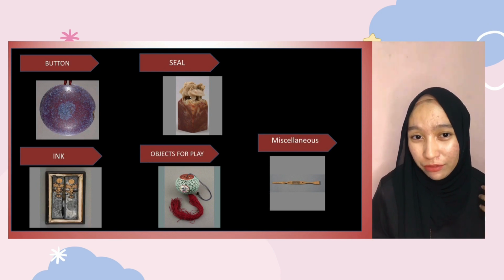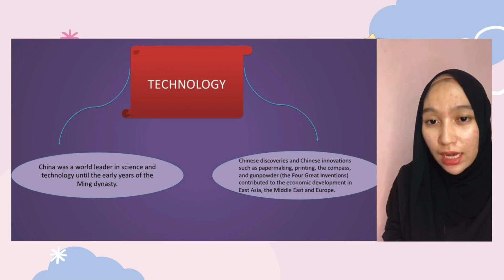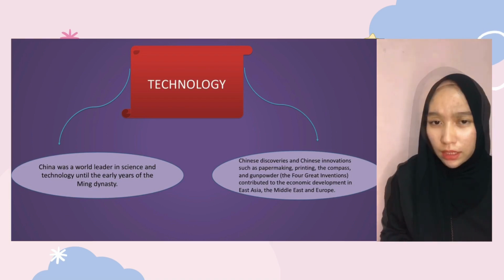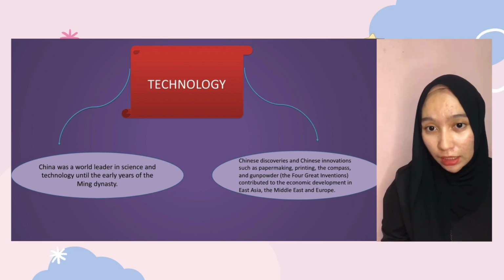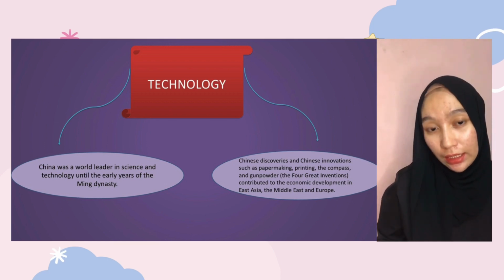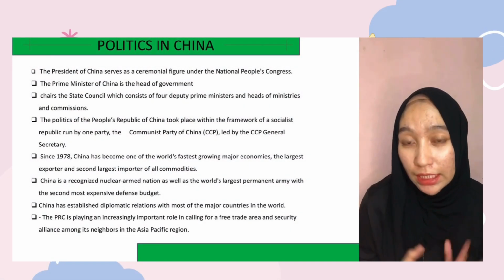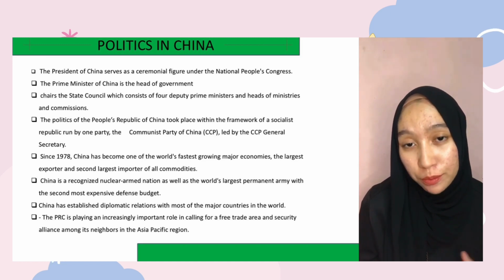China was the world leader in science and technology until the early years of the Ming Dynasty. They discovered and innovated products such as paper making, printing, the compass, and gunpowder, in East Asia, the Middle East, and Europe. Alright, for the politics in China, the President of China serves as a ceremonial figure under